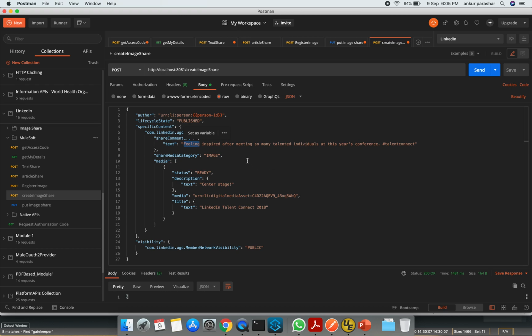Then the share media category is image. Status will always be ready. This text can be anything. Then there is a media, but this particular ID we need to change. From where did we copy this?